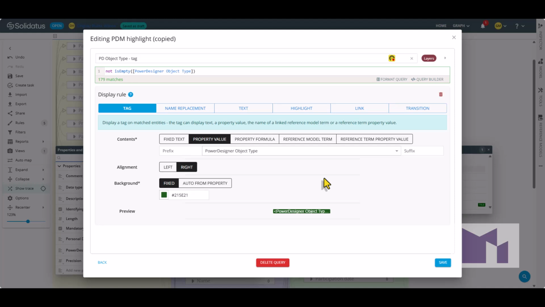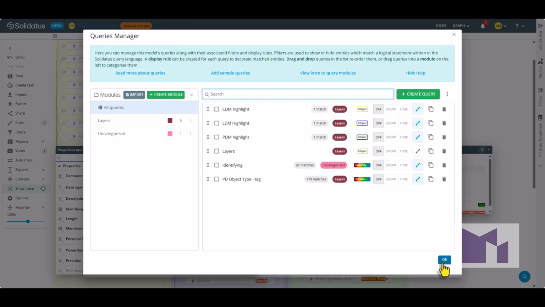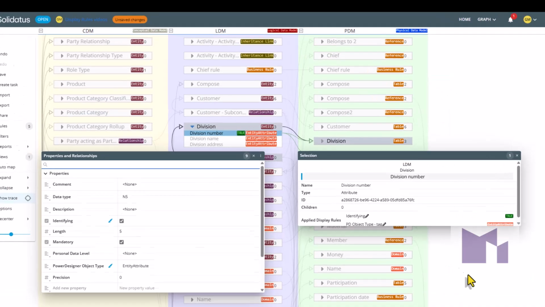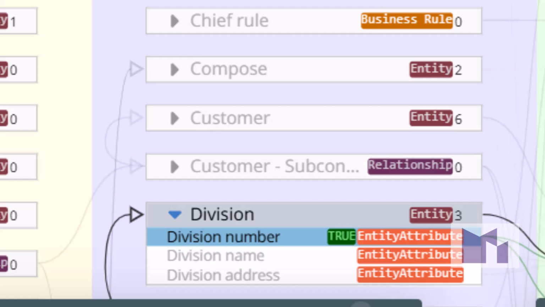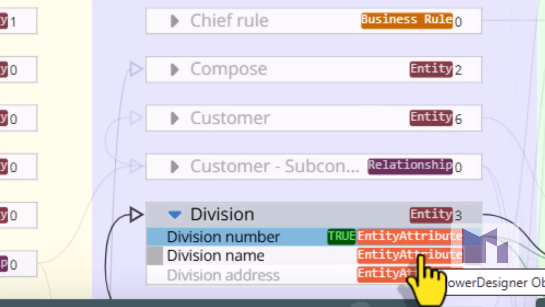But I did just want to show you that you can copy and then edit an existing display rule. So I want the value to come from the property. So I click on Save, click on OK, and now you can see that I have a tag on all of these.